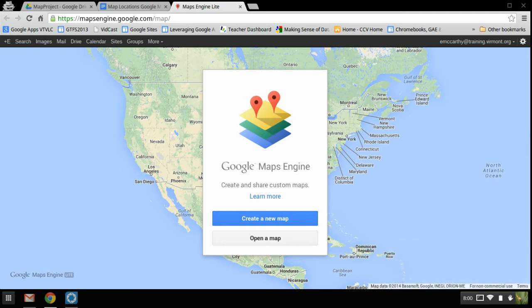I got a tip the other day on how to embed video right into a Google Map pin, and it made me think of the old lit trips we used to make, but now on a Chromebook it's hard to do that. So with Google Maps Engine, we can create maps and import the data from